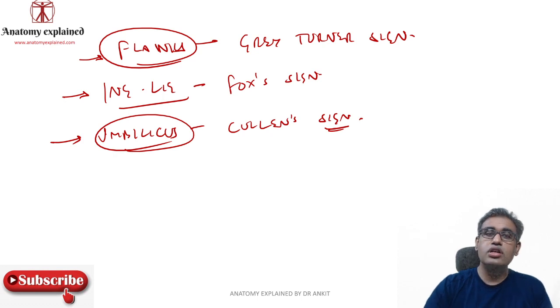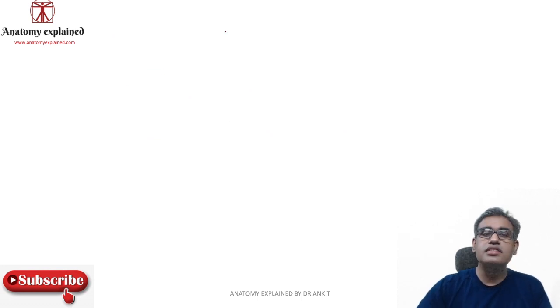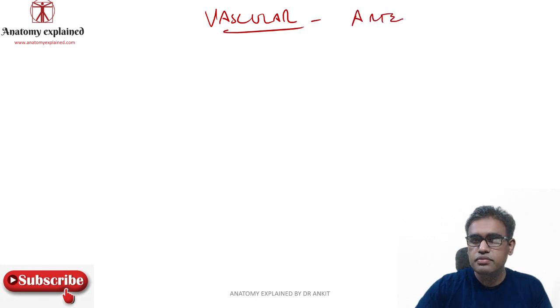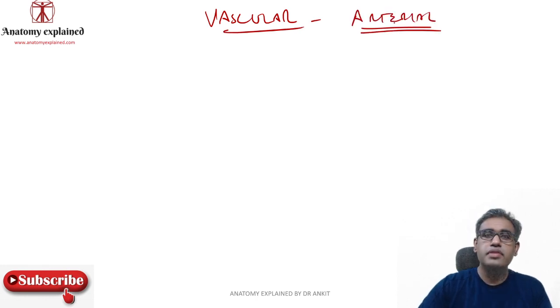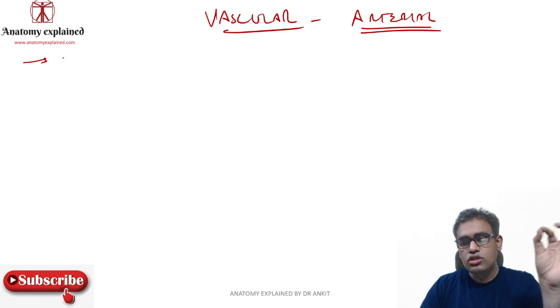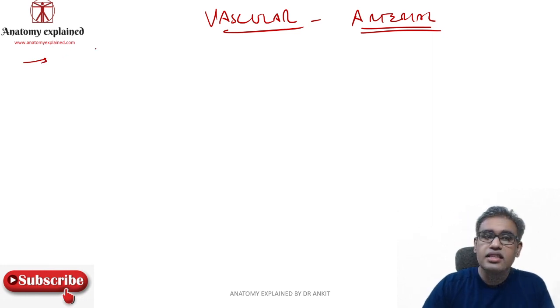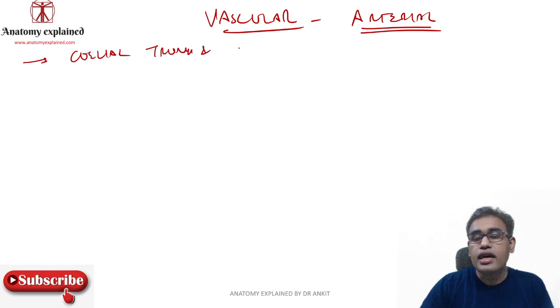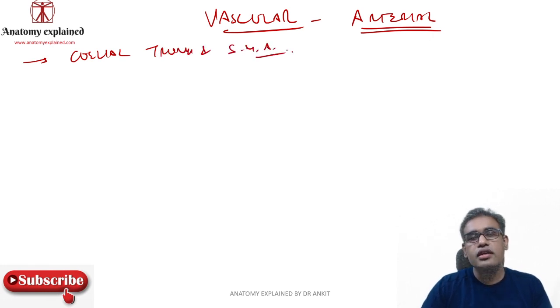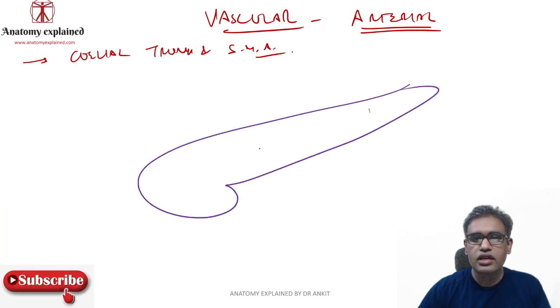Now coming to the vascular supply of the pancreas, that is also very interesting. In the vascular supply we start with the arterial supply. Remember, the pancreas is at the junction of the foregut and the midgut, therefore it is supplied by arteries of the foregut, that is the celiac trunk, and the artery of the midgut, that is the superior mesenteric artery, and obviously their branches. So now let us make a bigger pancreas over here, the retroperitoneal organ.